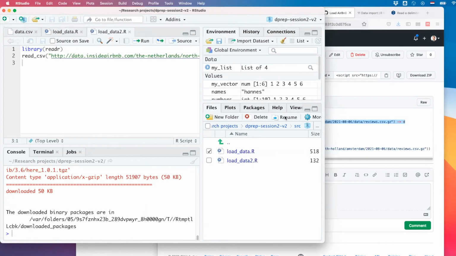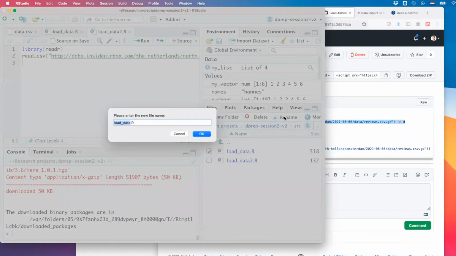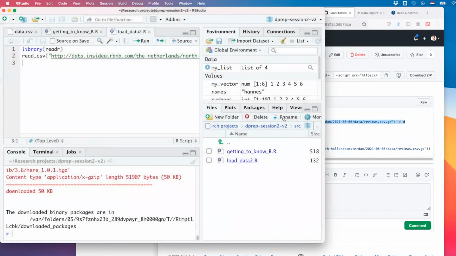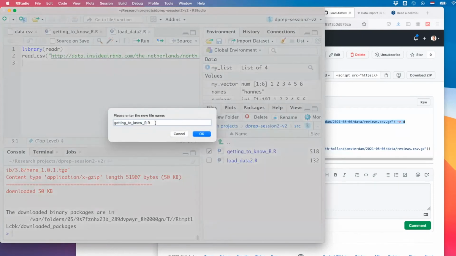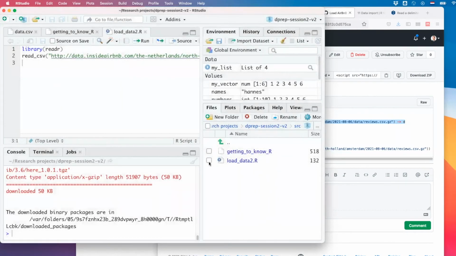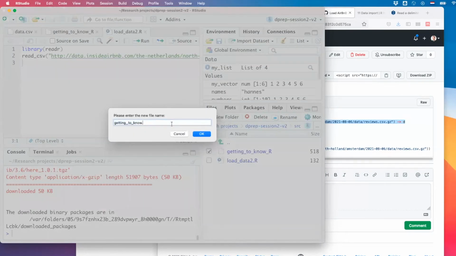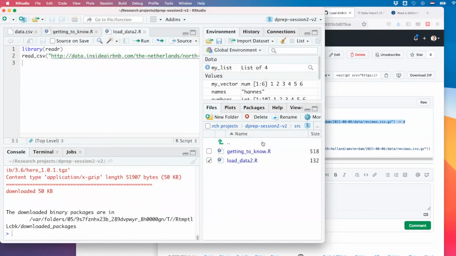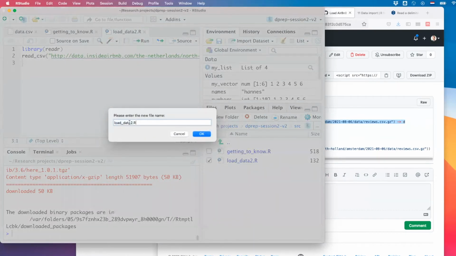So we just have to change the name, rather than having a name that doesn't mean anything to anybody looking at this project, right? This is just getting to know R. Ultimately, we can even delete this file. Oh, now it's called r.r. I don't want that. So we rename it as load data.